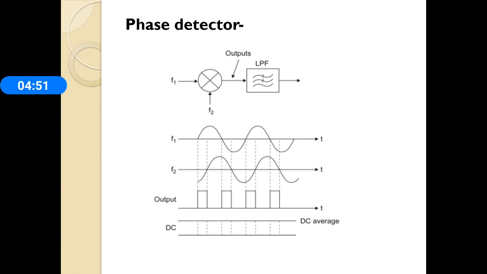The DC level is then passed on to a VCO, that is the voltage controlled oscillator. The output frequency of the VCO, denoted F0, is directly proportional to the input signal. Both input frequency and output frequency are compared and adjusted through the feedback loop until the output frequency equals the input frequency. In this diagram we can easily observe this waveform, the DC level generated by the difference of these two waveforms.